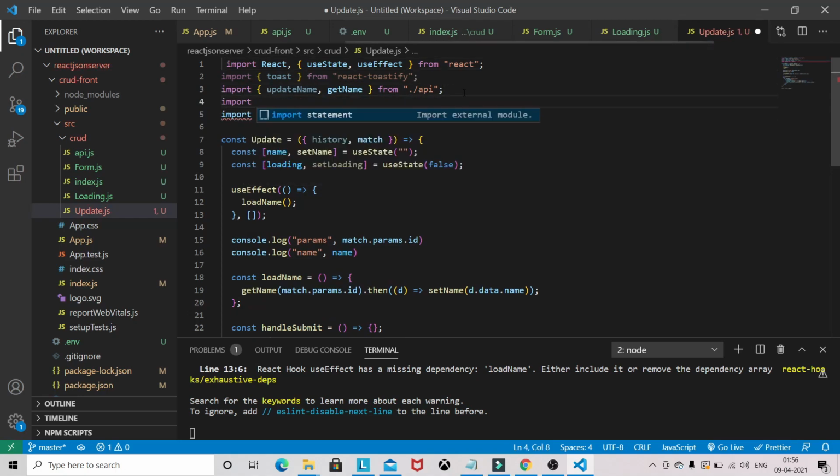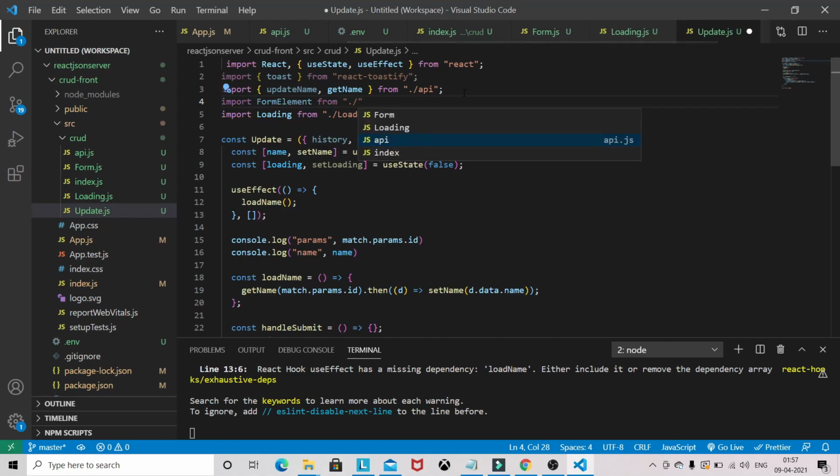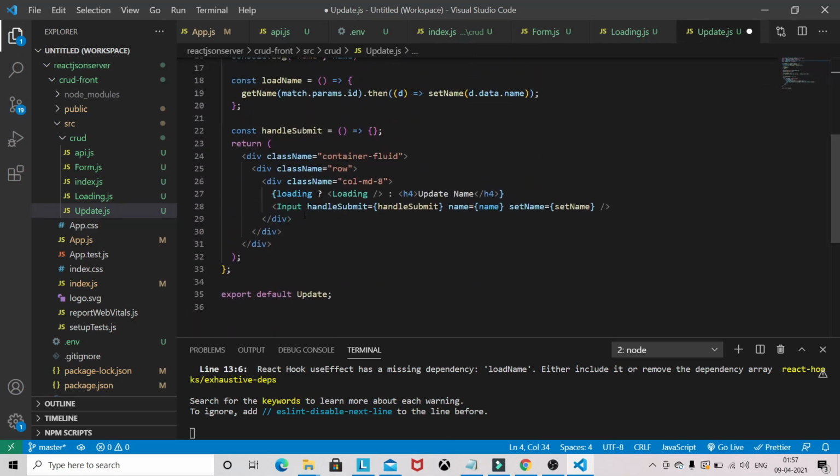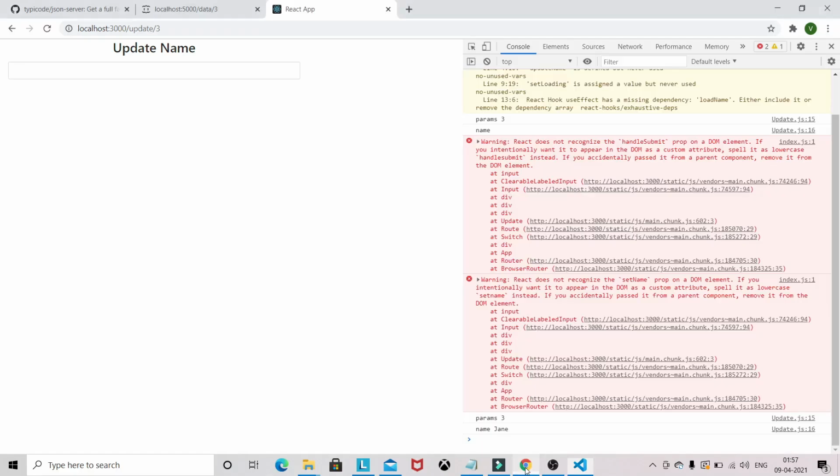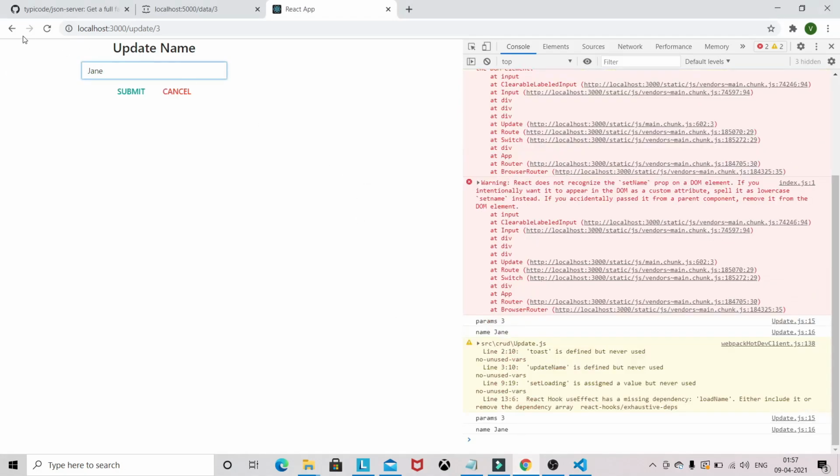Okay, it automatically imported form from Ant Design. So we need the form element here, then only it will work. Okay, so now you are able to see that name.